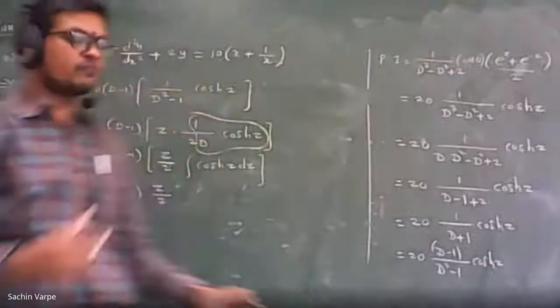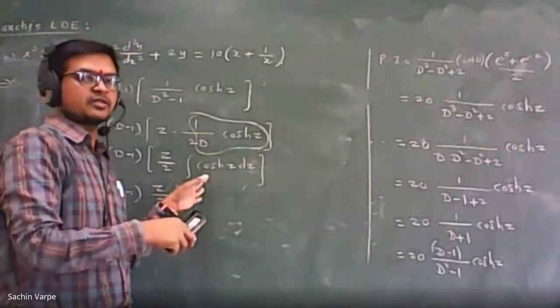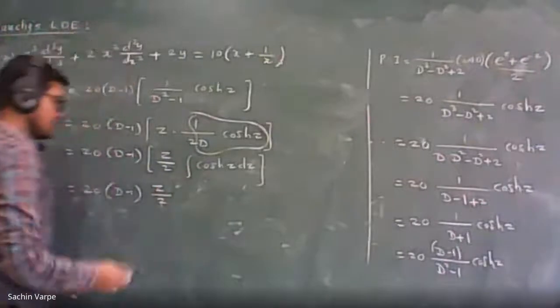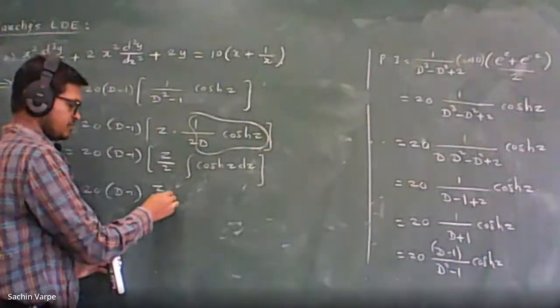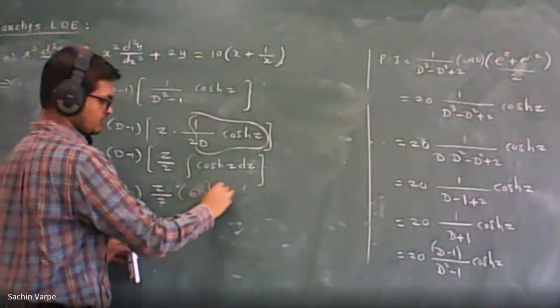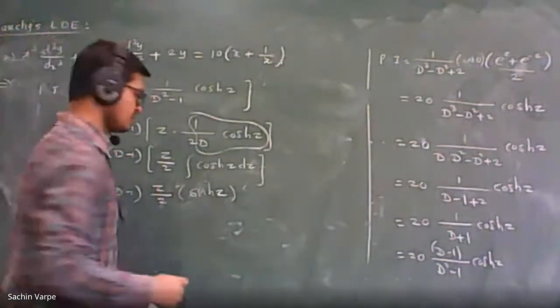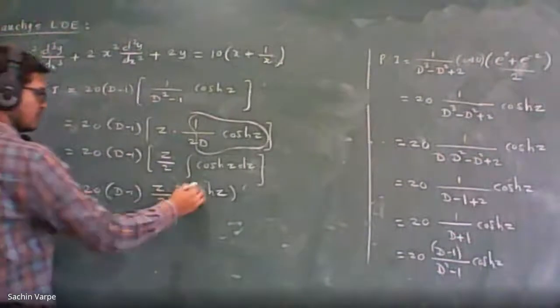Yes. Minus sign. In hyperbolic, there is no minus plus, I think. Please check. Right? Because the derivative of hyperbolic sine is hyperbolic cos, and the derivative of hyperbolic cos is hyperbolic sine. Similarly, integration also. So it must be plus, is it? Is it okay? Please check. Hyperbolic sin z.